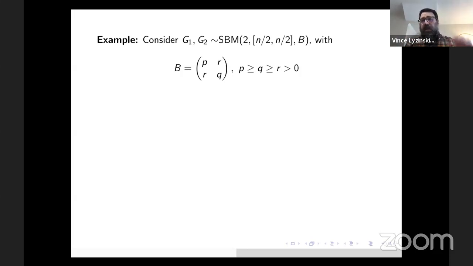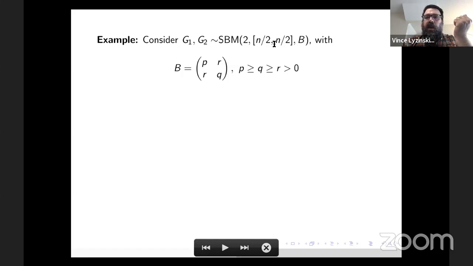So imagine I have 2 stochastic block models that are coming from the same distribution. Each one has n/2 vertices, and they both have the same block probability matrix B. So with probability P vertices in block 1 have an edge between them. With probability Q, vertices in block 2 have an edge between them, and with probability R, vertices across blocks have an edge between them, and all edges are independent. Here, we already condition on the block labels, so the independence of edges follows, okay?